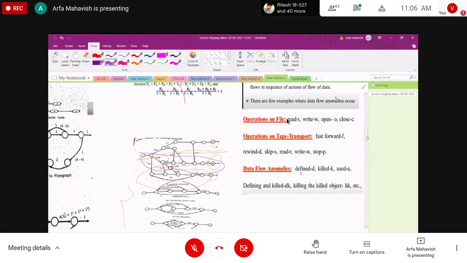You will get a red mark on that word. Then you will check that word and overcome the error. These things are done in the file operations: read, write, open and close.